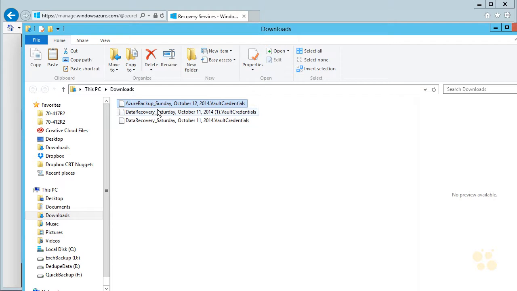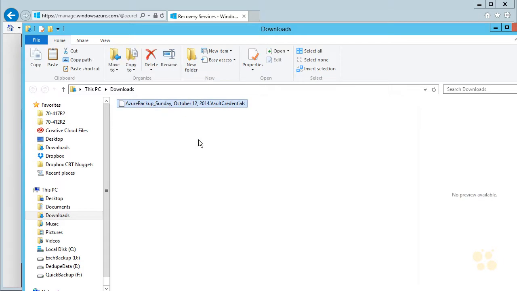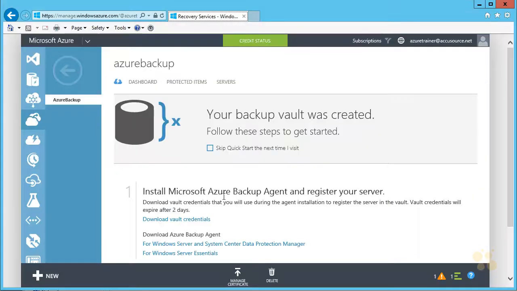to my downloads. Okay, and here's some from another time that I was using. So I'll just go ahead and delete these so that there's no confusion. Oh, it's from a demo for a different class. But anyway, so now we've got this. And these are what's going to be used when I register this local server using this credential, which was generated with the certificate. And we'll continue on through here, and we'll see how that all works. Now, the next thing I would need to do